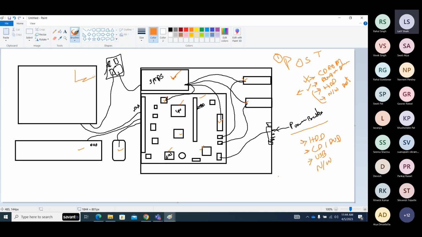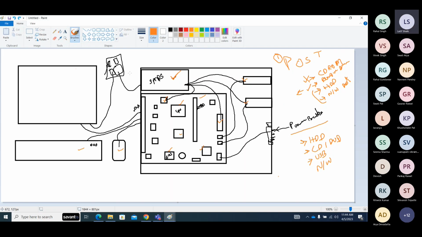Here, in this one, it's the power connectivity. Check the power connectivity from your main power socket to the SMPS. Make sure, like in our home, we have a power supply. And did you connect it? Did you power on? Is the cable connected properly or not? The next one is